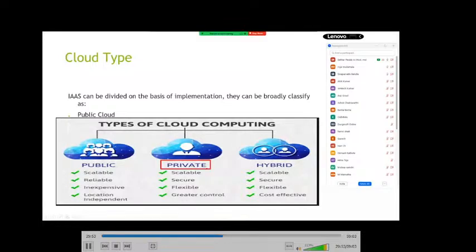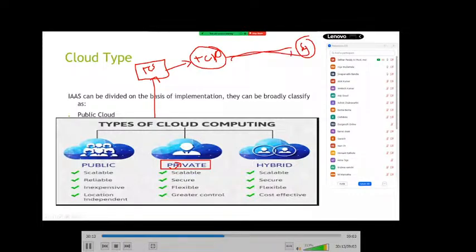Private, in the sense, the organization. The resources that can be accessed within the corporate network are called private. For example, you are working in TCS. We will go to the office and connect to the TCS-provided VPN. VPN in the sense virtual private network. Then it will establish a connection to the client network, and we will be able to access all client-related applications and other services. The moment you disconnect the VPN or come out of the organization, will we be able to communicate from our local home network? No. Am I right? That is private network.